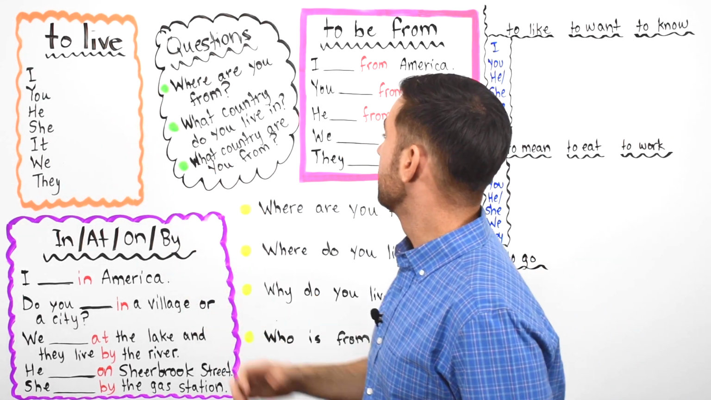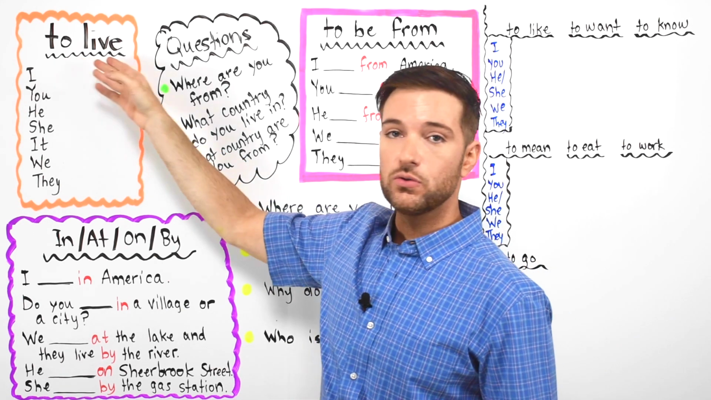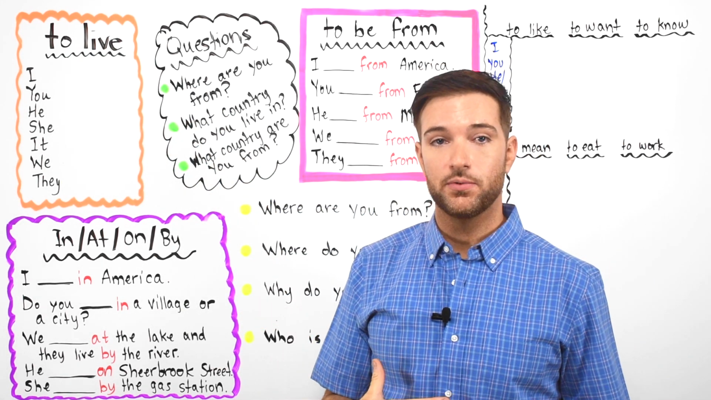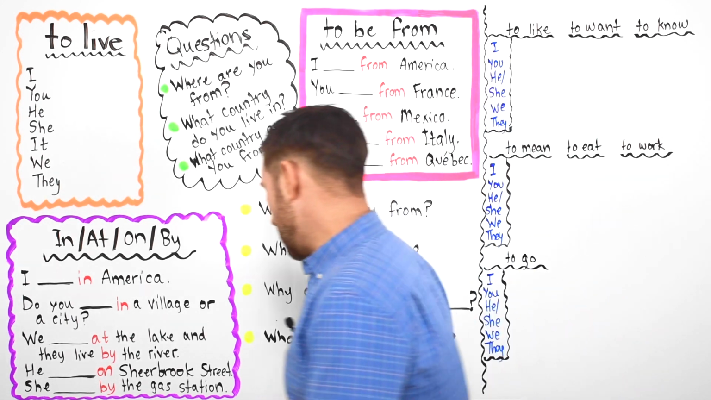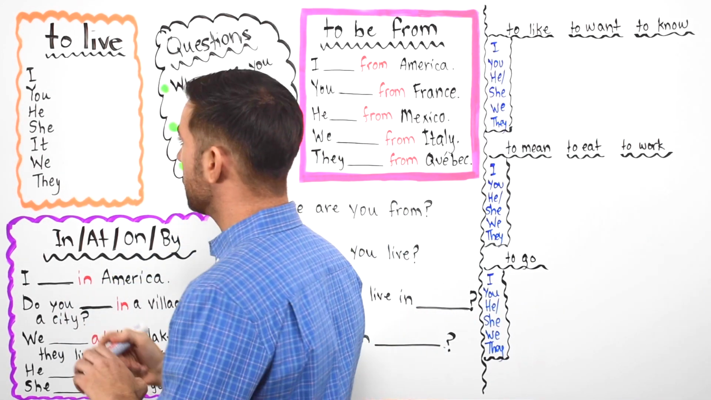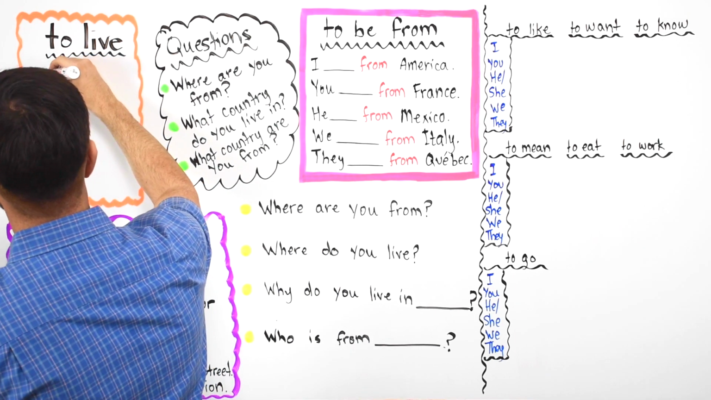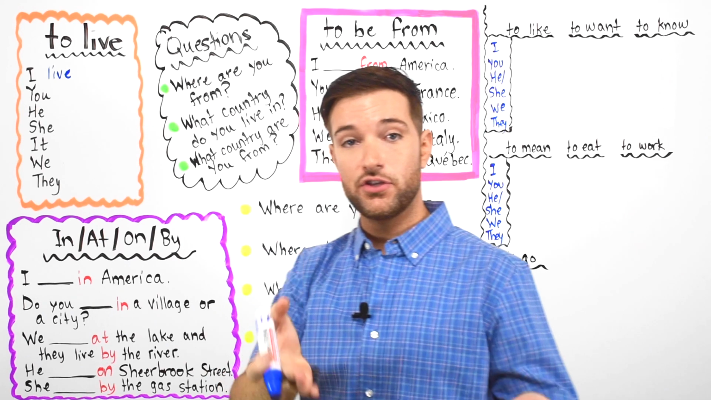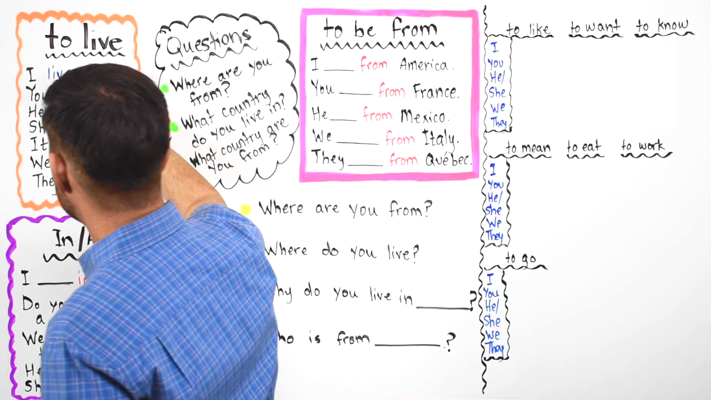to live. Alright, so this is the verb to live in English, and we can talk about where we live. For example, you can say I live. Here, we'll go ahead and conjugate it. So I live, L-I-V-E. Then you could say you, right? You live,